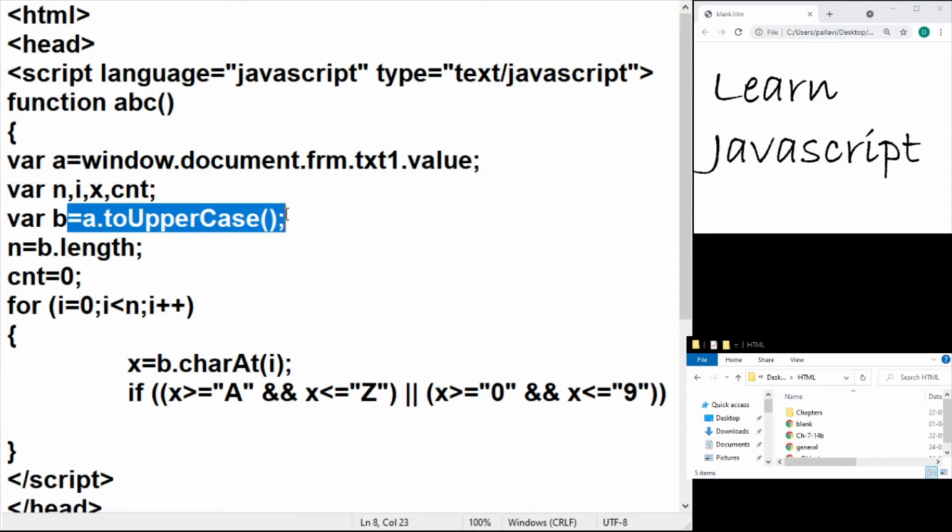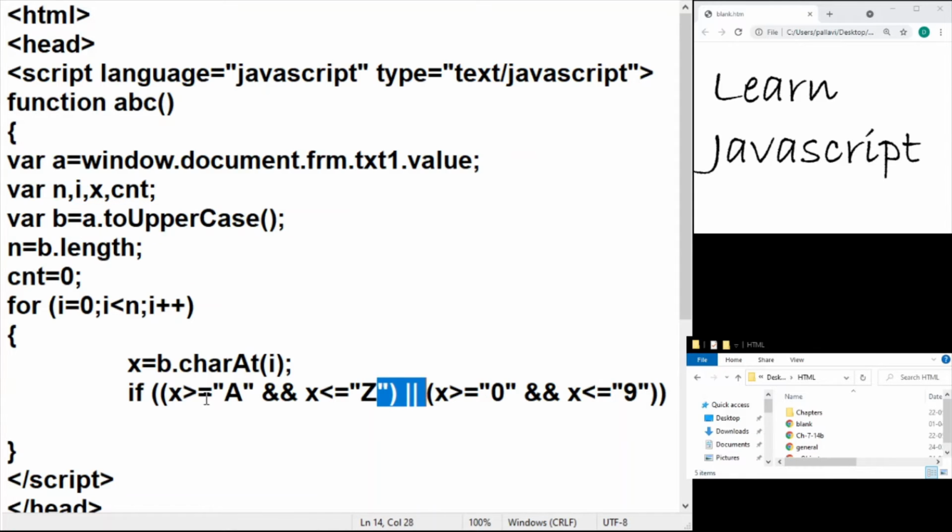See, this is what I meant by saying reduce the number of conditions. Had I not converted it into uppercase, I would have to write one more condition, that it is greater than equal to small a and less than equal to small z. So I'm eliminating that additional condition. So in this situation, yes, I'm going to add 1 to my counter because I've actually come across a character which is an alphabet or a digit character.